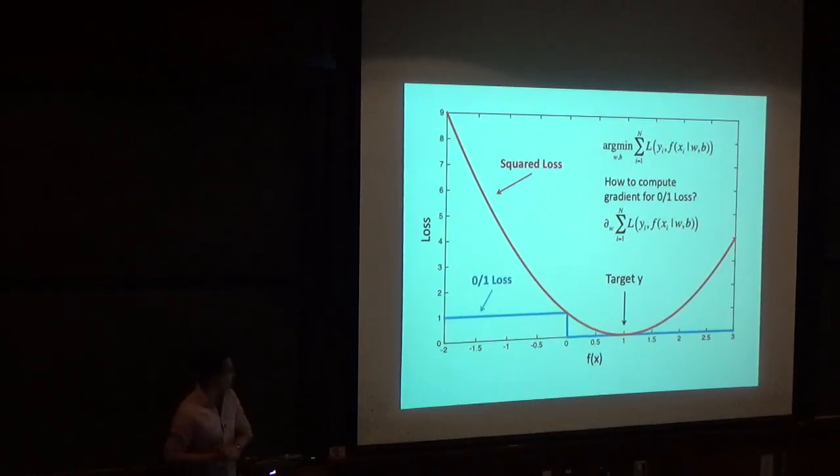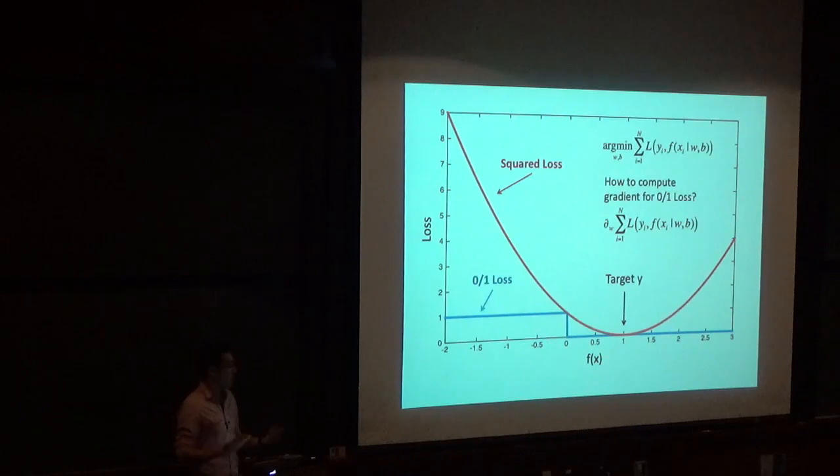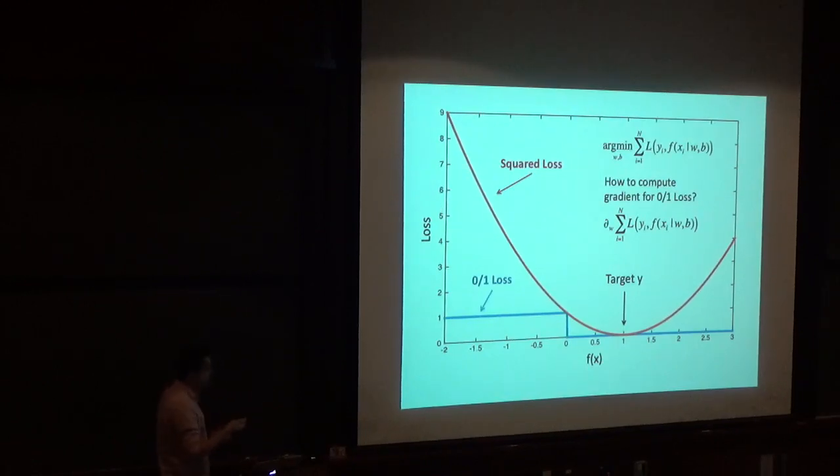If the target that we want to hit for this example is y equals 1, then squared loss has a quadratic shape, because it's a squared loss function, around f of x equals 1. So as f of x, the prediction, deviates from 1, we pay a penalty that grows quadratically as we deviate from 1. In 0-1 loss, we typically take the sign of the raw score function, so the sign